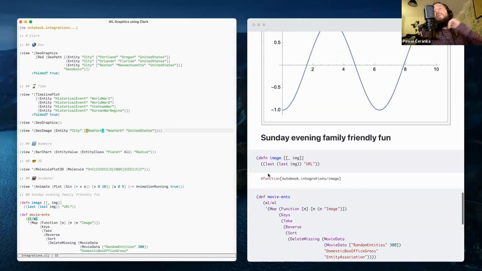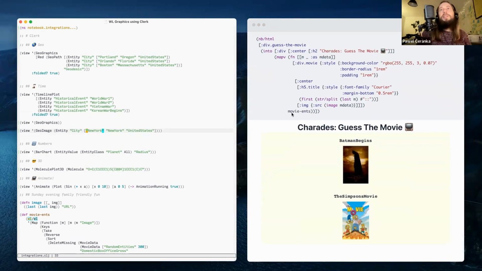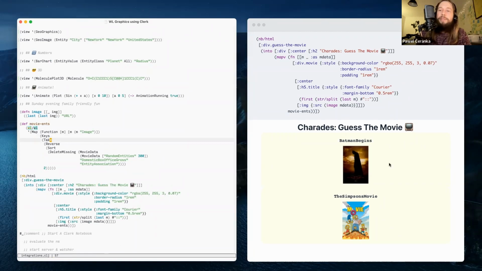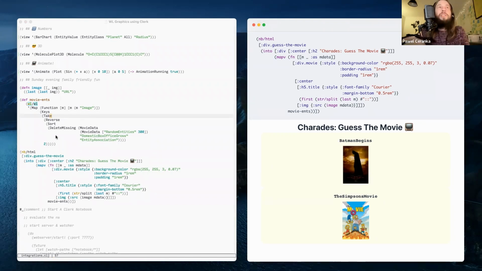So what else? Oh, okay. This is just a bunch of funny things that you can do with Clerk and Wolfram language that demonstrate, with very little code, you can do something really interesting, and that combines some Clojure scripty stuff like Hiccup and some tooling that's kind of fresh and interesting in Clojure, like Clerk, with Wolfram language.